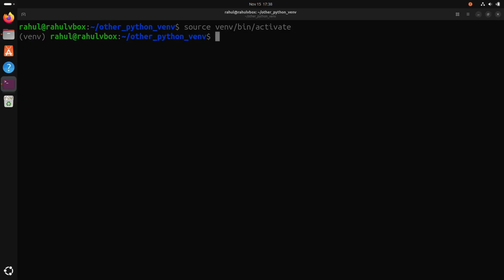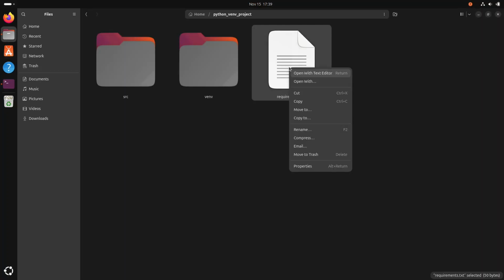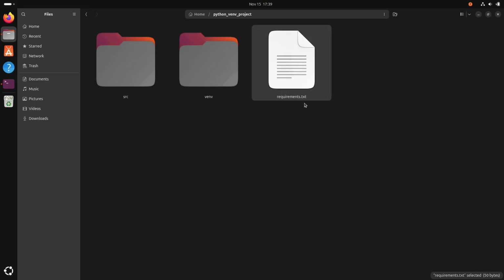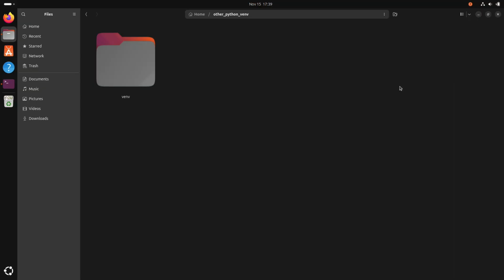Then we will check what all things are installed inside this virtual environment. So you can use the pip freeze command again. It will say nothing is installed on this one. We need to install all the packages that were there in our previous environment. So you can go to the file system, and from there you can copy the requirements.txt file. Then you can place it inside the other Python VENV,